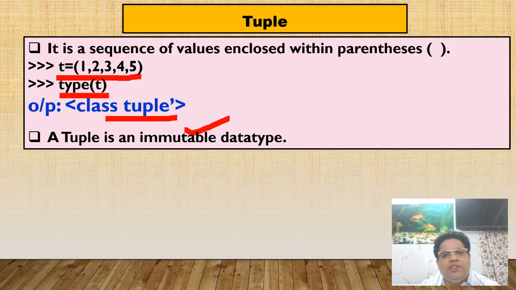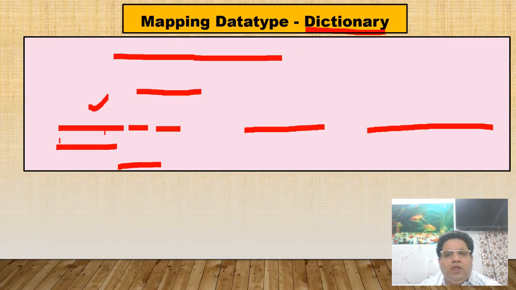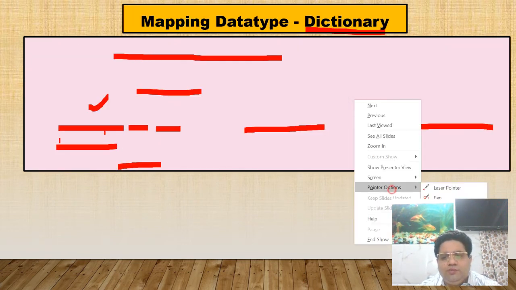So there are 4 examples of immutable data types. What are these 4 examples? One is integer, other is float, third is string, and fourth is tuple. And there are 2 examples of mutable data types, list and dictionary. Now next is